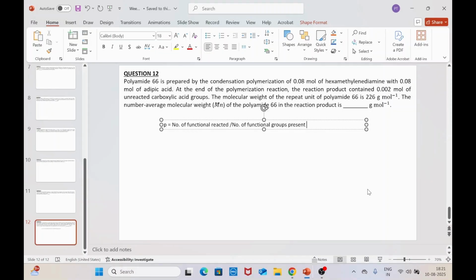Is this formula fine? So the number of functional groups reacted is equal to the number of functional groups